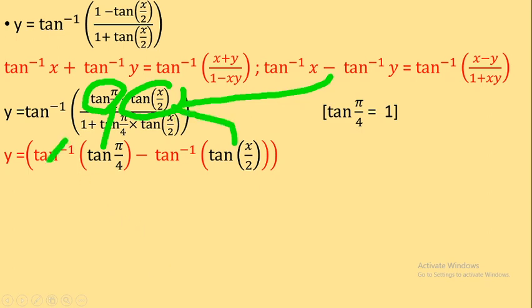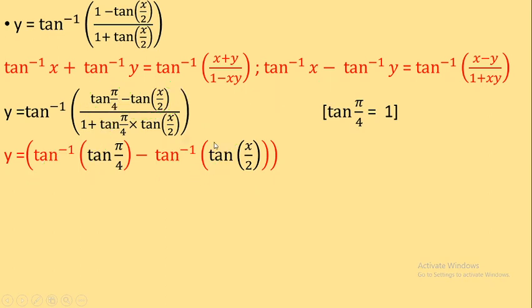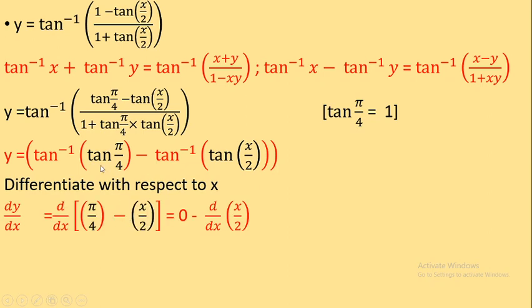Now next step, you can see that tan inverse and tan, both of them cancel each other. So now you can tell me what is going to remain. The only thing which is going to remain is pi by 4 and x by 2. So I have to just differentiate pi by 4 and x by 2. I don't have to differentiate everything because it gets cancelled. And everybody knows pi by 4 is a constant, it's 45 degrees, and the derivative of a constant is 0. And of x by 2, I just have to find out the derivative, which is half. And I have a minus sign here, so it is minus.